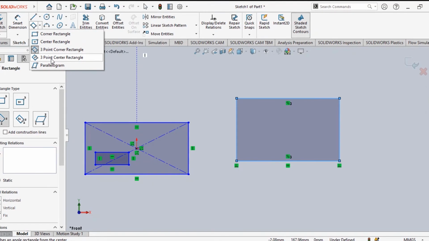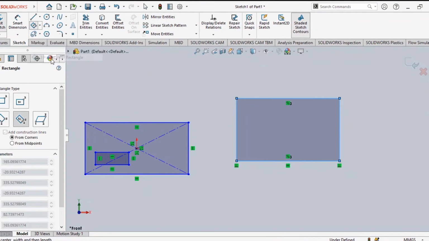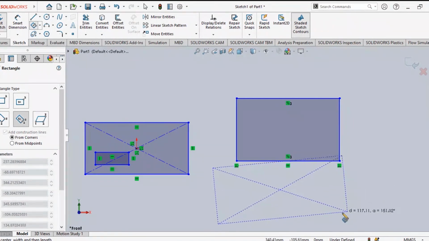You have to select 2 different options. So that means 3 points should be selected, but the first point should be your center. Let us see that one, how to do it. 3 point. First one we are selecting the center point. Now any 2 points are required. First center, then any 2 other points. This is the second point, and this is maybe the third point.